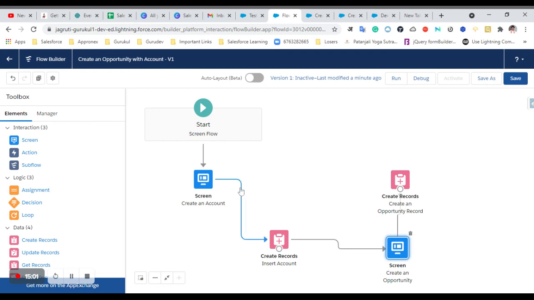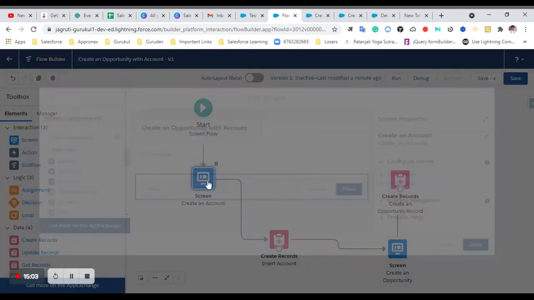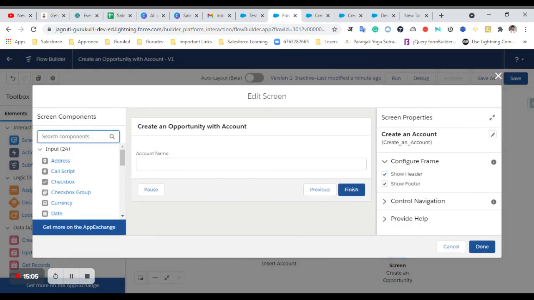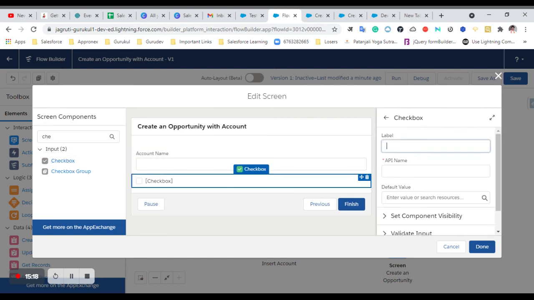For this, what I am doing is, in this screen I am creating one checkbox, and it will say skip account creation.